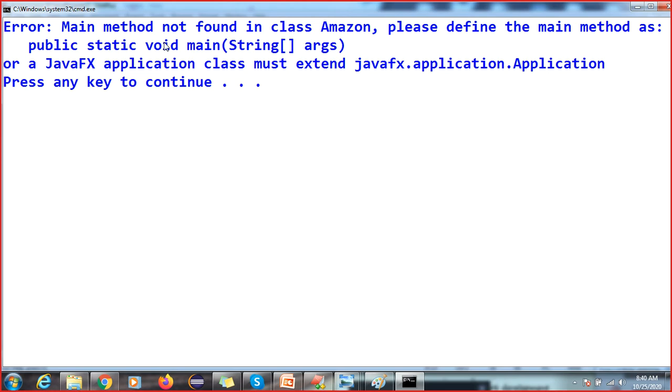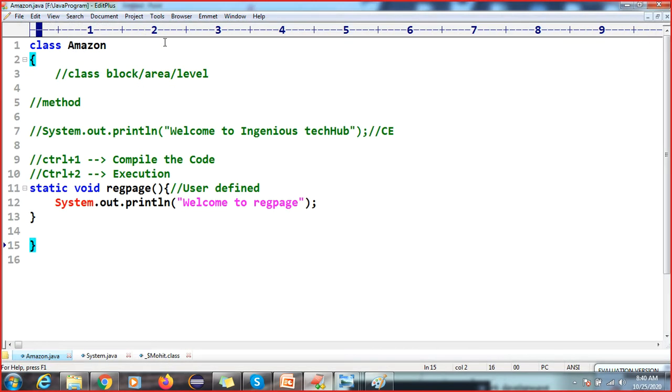Public static void. Got it, right? So that's why we have one inbuilt method that is called the main method. Someone will ask why the main method is required. Then you have to tell the whole story. While developing our Java application, the JVM doesn't know which type of method you are going to create, right? So that's why the JVM people have developed one common method that is called the main method.